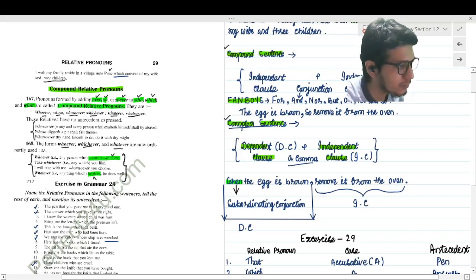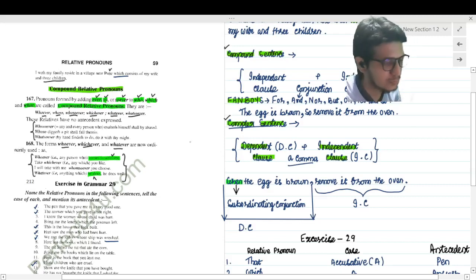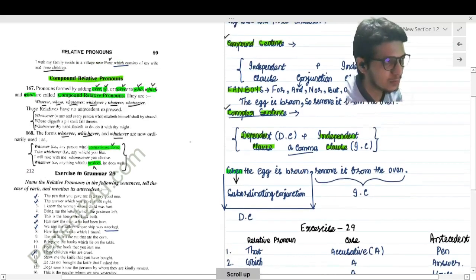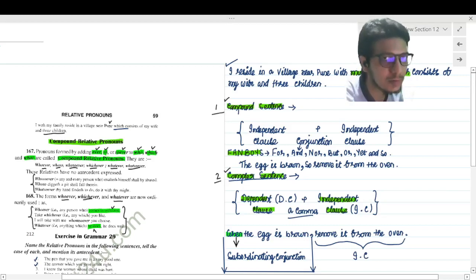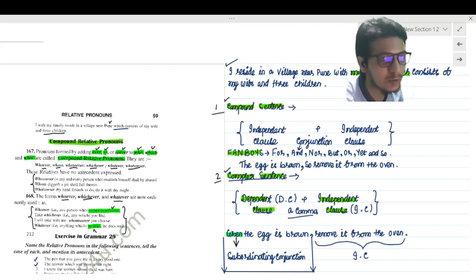So I have given parenthesis, okay. And you can refer to the compound sentence and complex sentence, okay, for understanding purpose. If you want to understand this topic, then you can get a small overview of these topics. Okay,